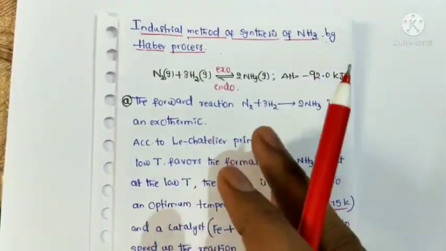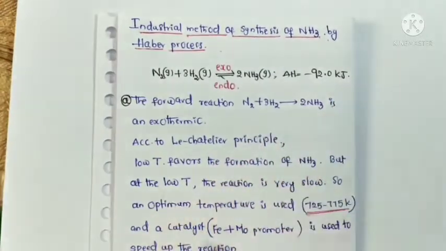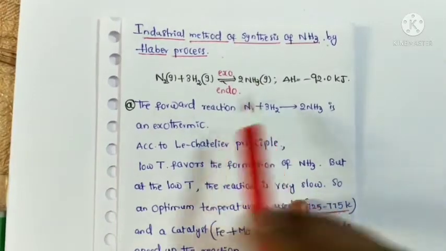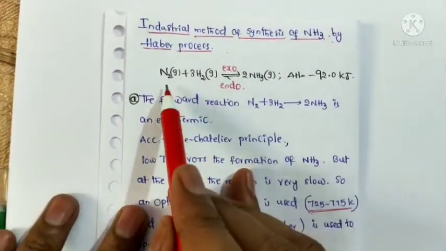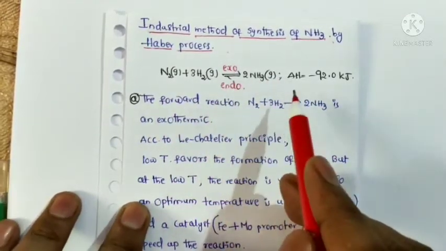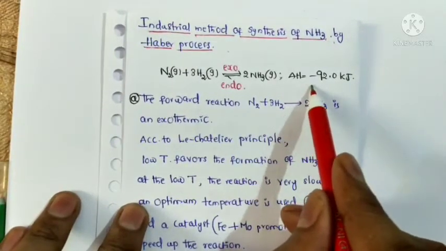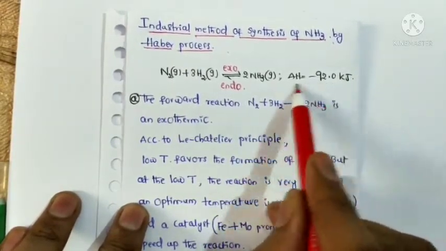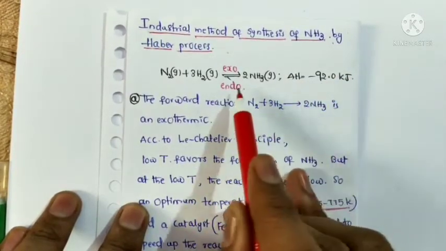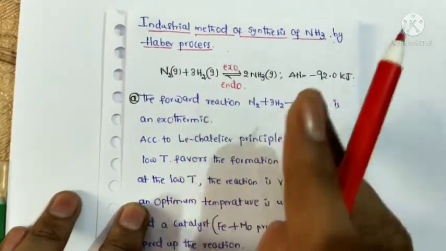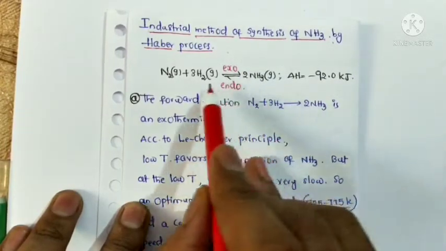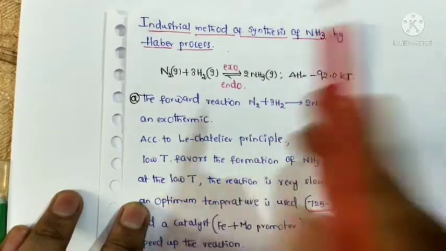So in that situation, by using Le Chatelier's principle, we can deduce how to increase the formation of ammonia. So now let's see. Actually, the formation of ammonia is an exothermic process. How can we determine that? If the delta H is given, it indicates that heat is released in this process. That's why we can determine this reversible reaction is exothermic. So the formation of ammonia is exothermic, and the backward reaction is endothermic.